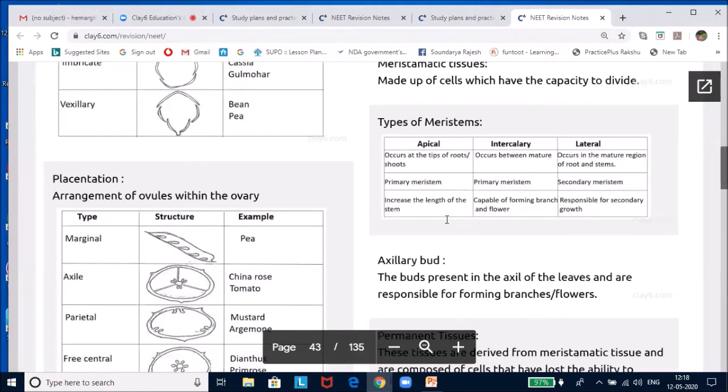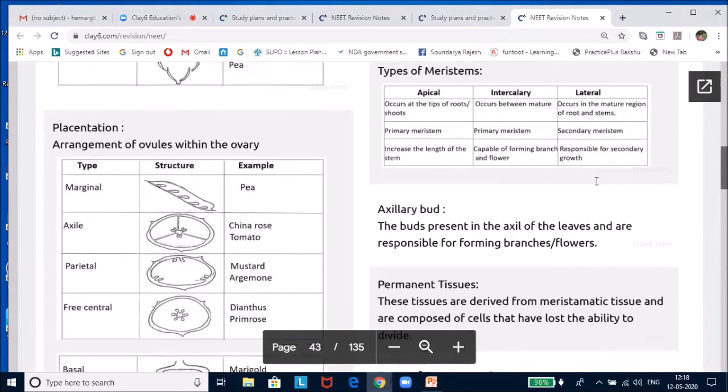Intercalary meristems occur in mature tissues. In grasses, they help in regenerating parts that are lost by grazing herbivores. Apical and intercalary meristems appear early in the life of the plant, and they contribute to the formation of the plant body. Now let us look at the lateral meristem. It is also known as secondary meristem. The meristems that occur in the mature regions of roots and shoots of many plants, especially those that produce woody axis, and appear later than the primary meristems, are called the lateral meristems.